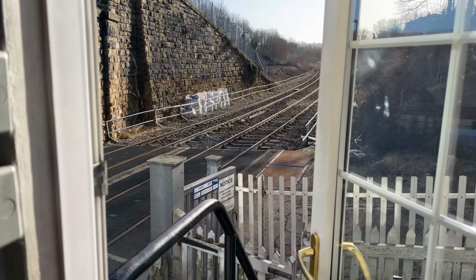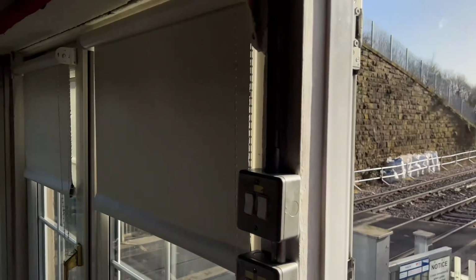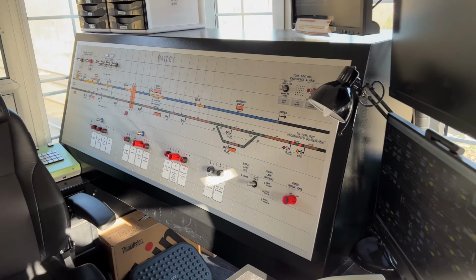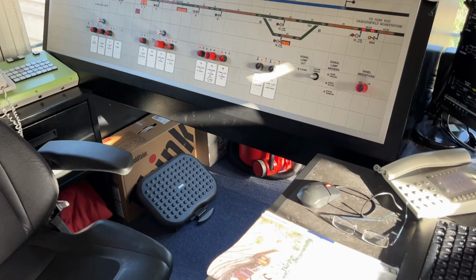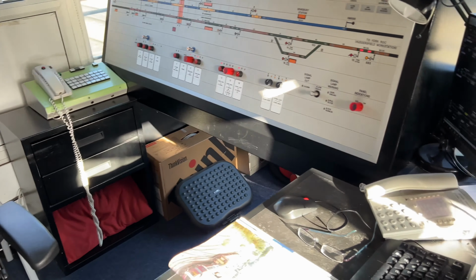I've been invited into the signal box just to check it before it finally goes. I remember coming here when I was a little kid. I did. Yeah, a guy called Joss Craven, I think, as well, used to be working. I think so, yeah. Oh, I've ordered another chair like that off Amazon. Like I needed one, yeah. So